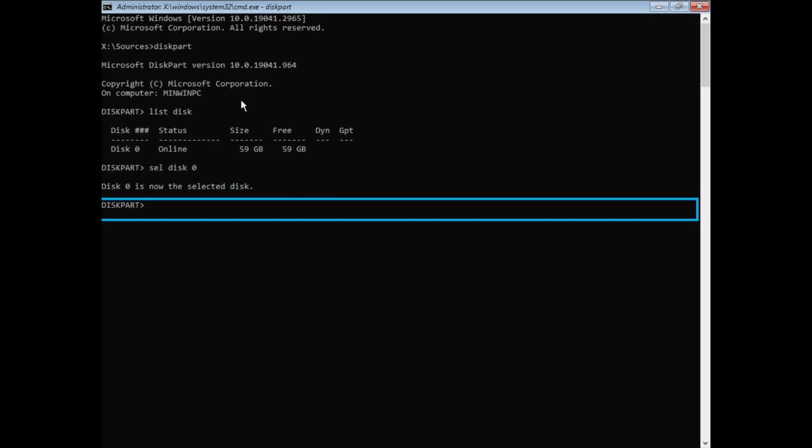You're going to create two partitions. There's going to be a system partition, and then there's going to be the Windows partition. So the first one we're going to create is the system partition. We're going to do CRE for create, space, PAR for partition, space, and the partition type is going to be primary. So we're going to type PRI, space. And then